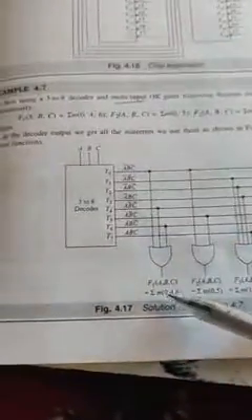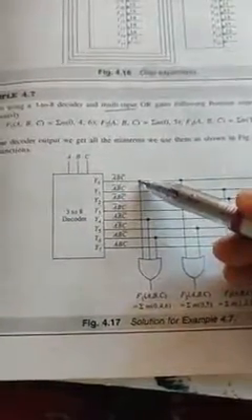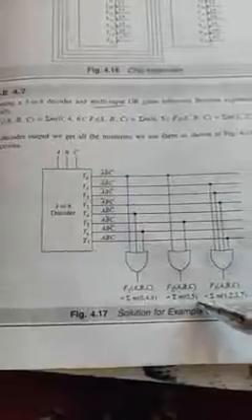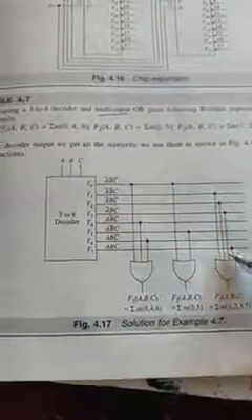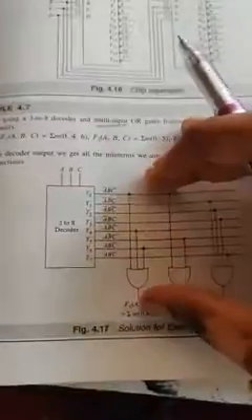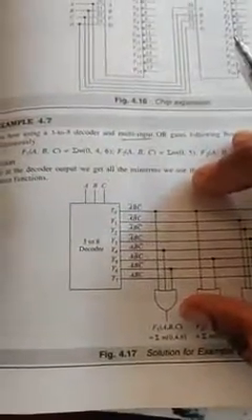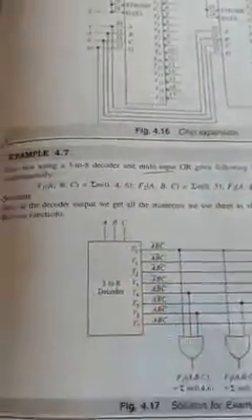Then look at this F1 function. We have added 3 OR gates, just OR gates. F1 of ABC contains 0, 4, 6, right? So I have taken connections from 0, 4 and 6. This is 0 and 5, right? This is 1, 2, 3, 7 connections. That's it. This one particular problem has been asked around 5 to 6 times in the previous year examinations.